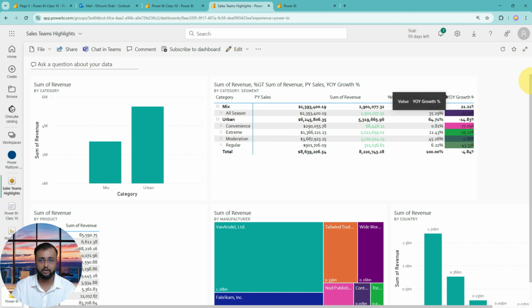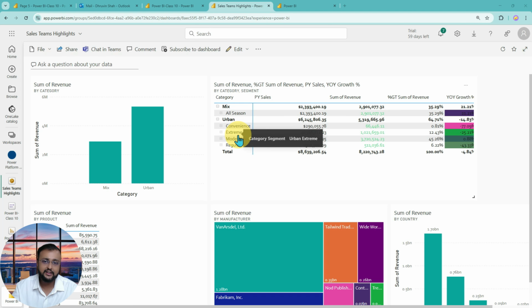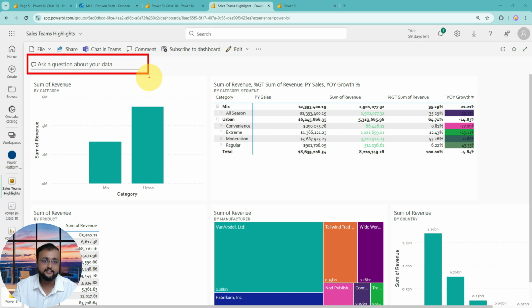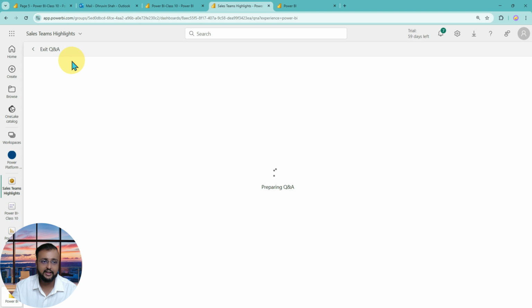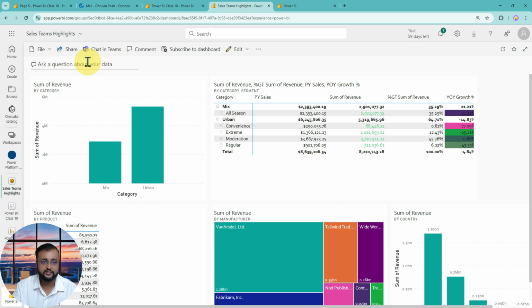Now let me just talk about those one by one. At workspace level as well, it is offering different features. One of the cool features here is you can ask questions about your data. So let's say, for an example, over here, I'm asking one question to this dashboard about how much